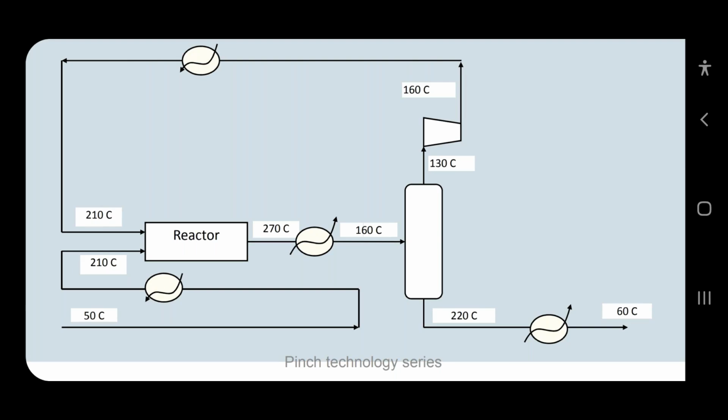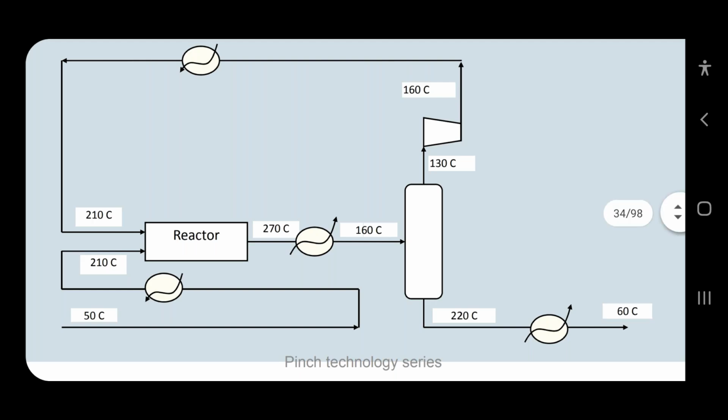Now I want to separate the products, byproducts, or mixture by use of one unit operation. Suppose it's a distillation column. So I want to separate it. Again I will operate at 160 or 200 degrees Celsius. Again there is a use of energy in the reboiler. 220 degrees Celsius is the outlet composition of the unit operation, and I want to reach around 60 degrees Celsius.